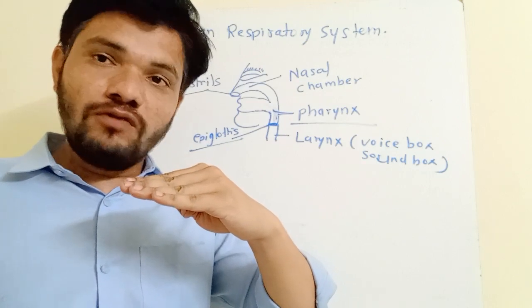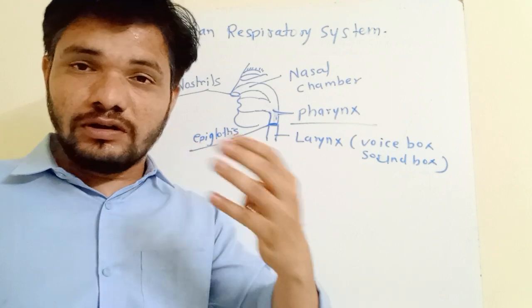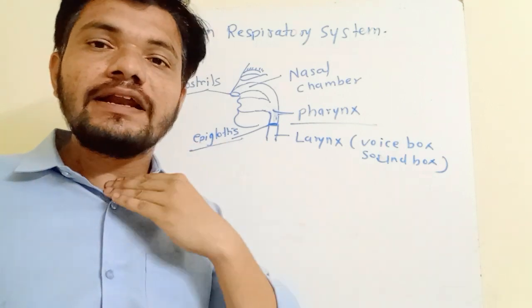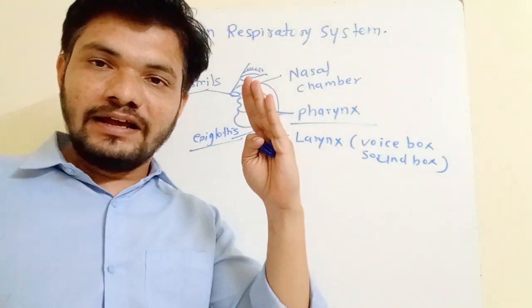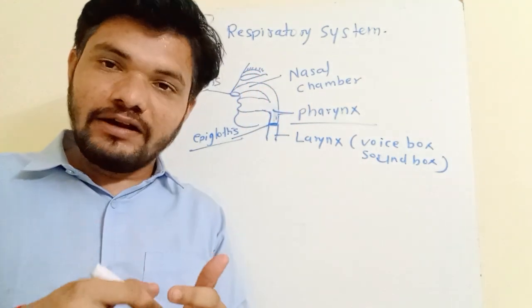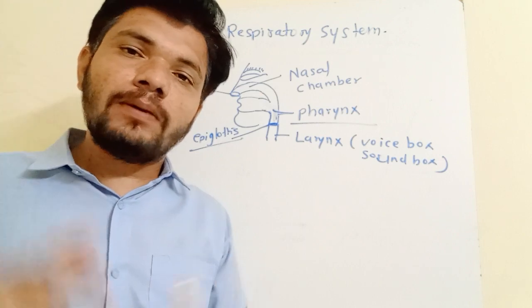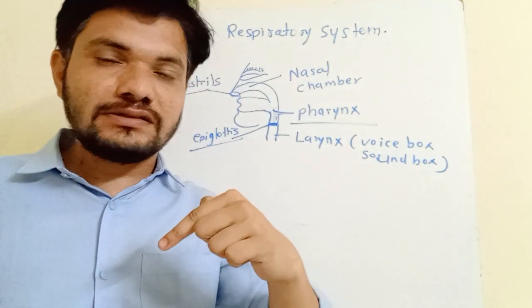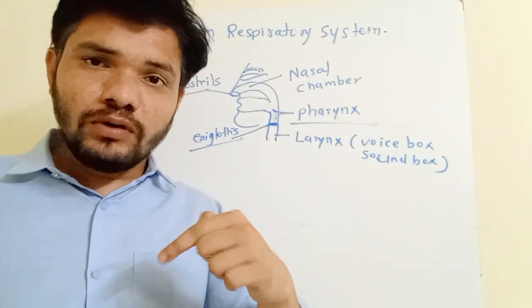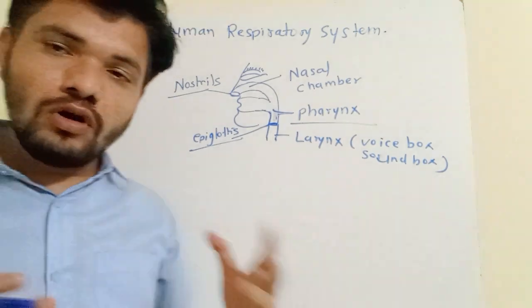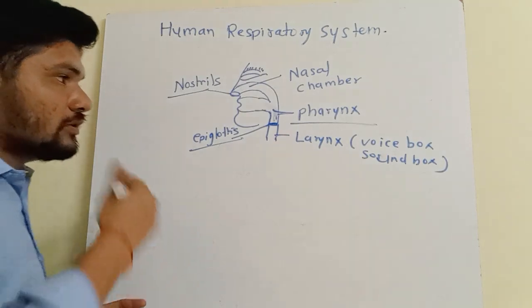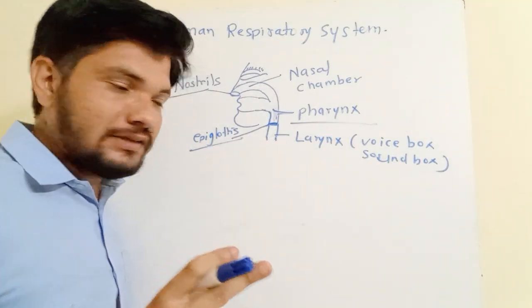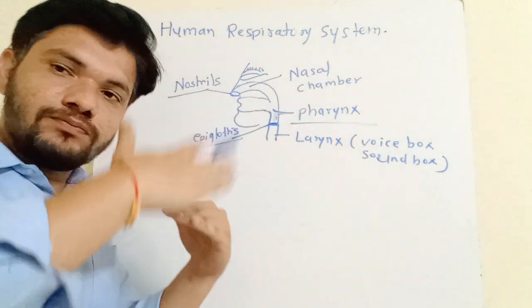But if you are talking when you swallow, then air comes from the larynx and the epiglottis opens, and by an error or mistake, the food particles can go inside your larynx. So you should not talk when you are swallowing or eating. Food should not go inside your larynx. That's why the epiglottis covers the larynx.